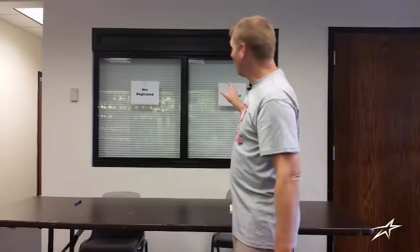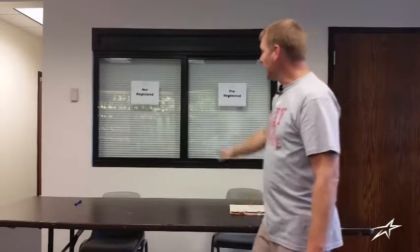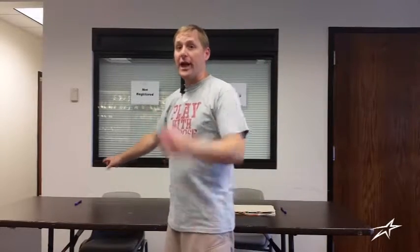Talk about your registration area. Your families were just greeted right outside the doors, and they were directed in here to get registered and get going throughout your evaluation. You're going to see two different lines set up. One line set up here for your pre-registered athletes, and then the other is set up for your non-registered. And then you're going to have a place over here, another table set up that has blank registration and evaluation